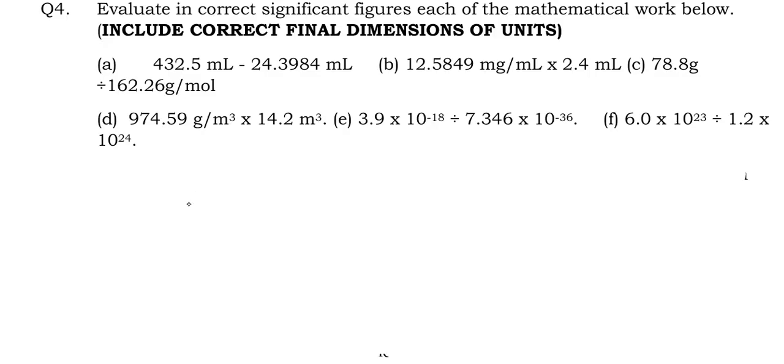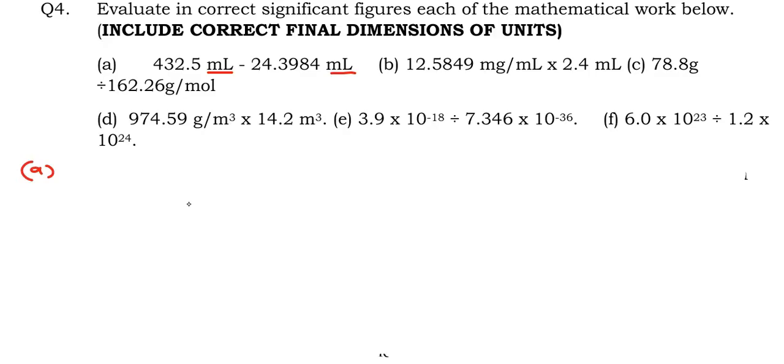24.3984 milliliter. So our first thing, you need to follow these steps. Our first thing now is to identify the units. As you can see here, we have the same unit, so we have no problem with units. If we had different units, we would have converted so that we have the same units, because we cannot do any mathematical operation, be it multiplication or subtraction, in different units. That one is not applicable. So the next now, since we have the same units,